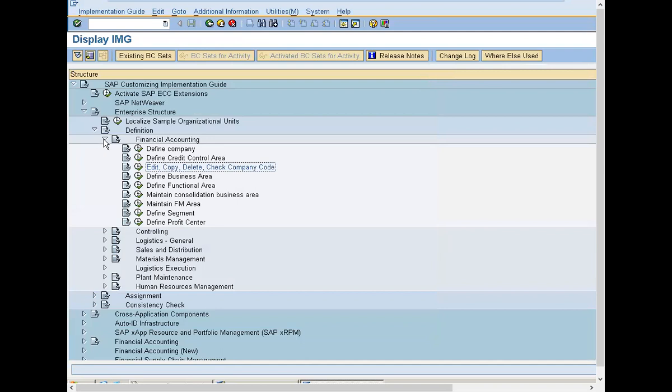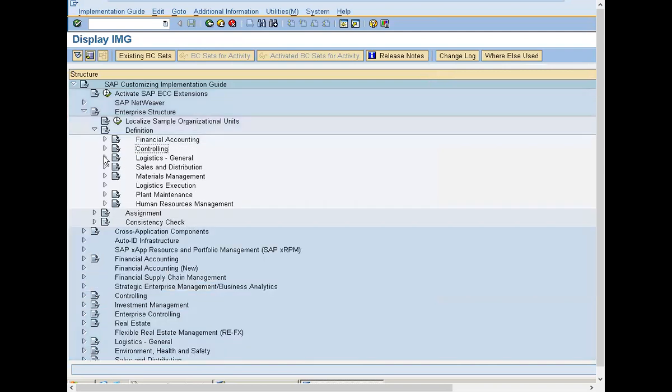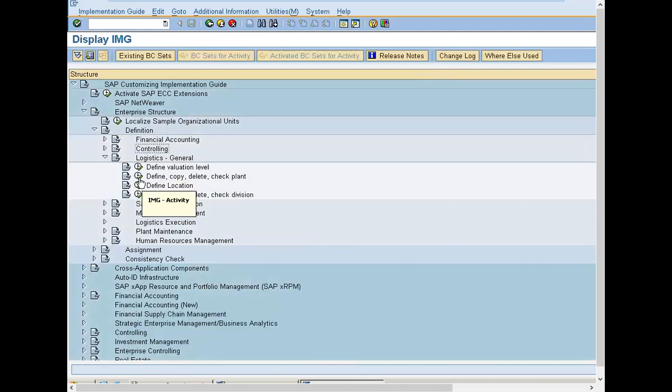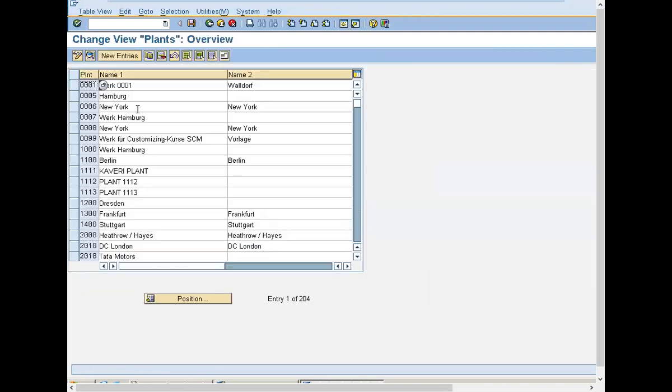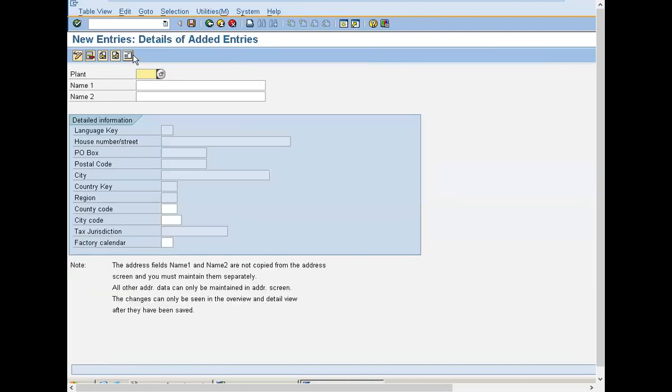Minimize this. Now I'm going to create a plant in logistics general. Edit, copy, delete, check, plant. Define plant. New entry. Plant is SPK1, SPK plant.